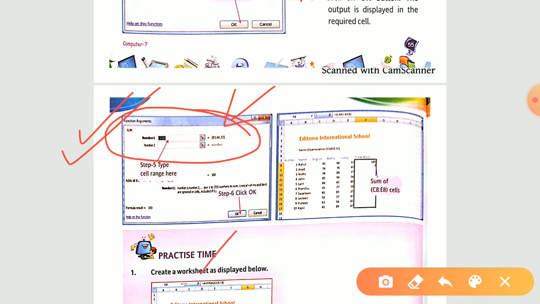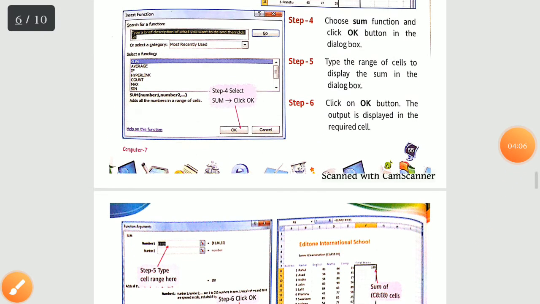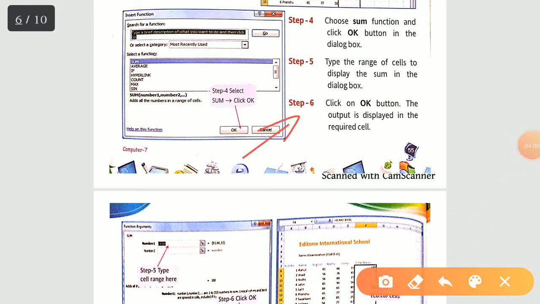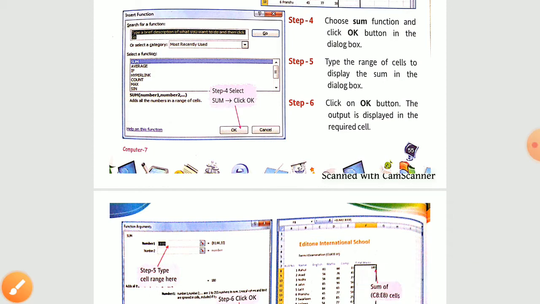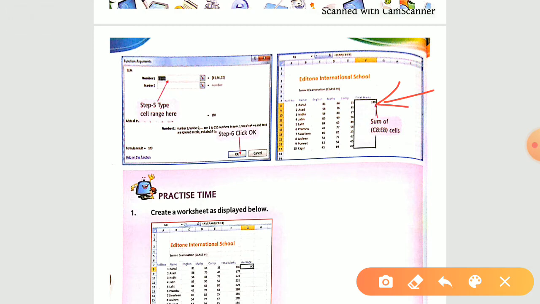When done, you have to click on this OK button. Step number 6 says the same: click on the OK button. The output is displayed in the required cell. So you will get the output in the cell that you have selected for calculating the sum. These are the total 6 steps that you can follow for finding the sum using statistical functions.